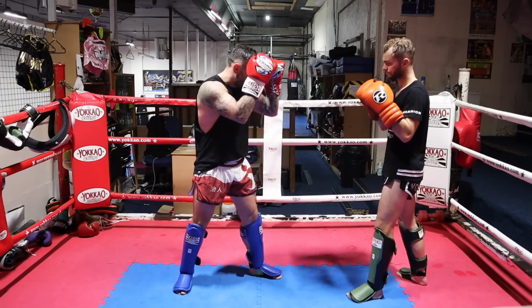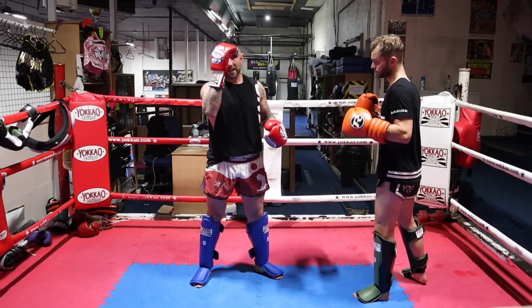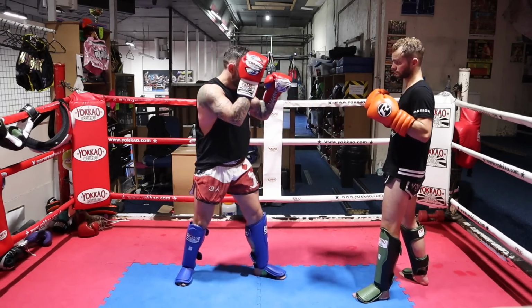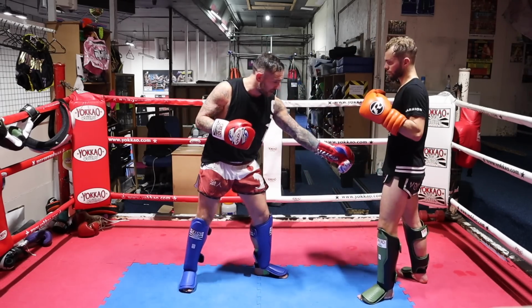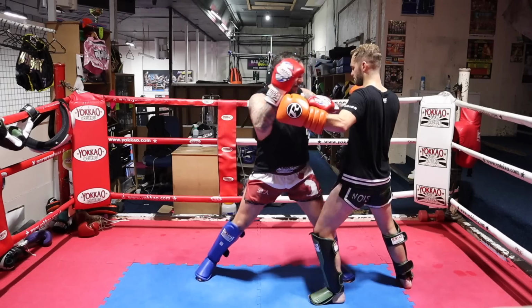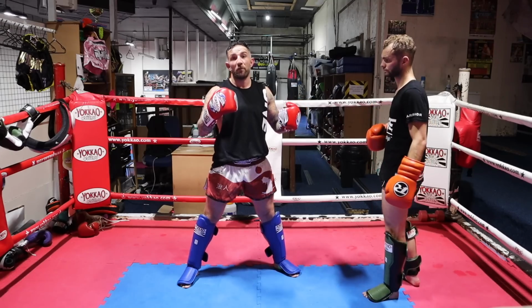So if Dan throws a strong hook, I won't be stepping in there with my right hand, with my left elbow. My right hand stays glued to my head here. There's no point bringing this down and taking a risk and then getting tagged, okay? The timing has got to be as Dan's front leg moves forward, I will then step in. The elbow can come across or it can come straight up, whichever one you feel comfortable with, the both will